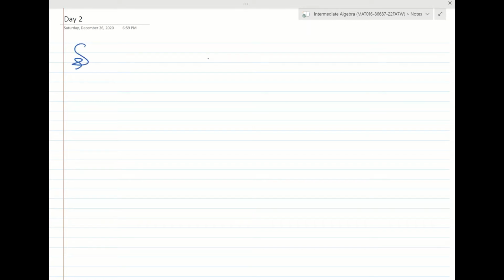So we'll get started with section 10.3. In 10.3, we're going to be graphing lines. There's a couple different ways to graph lines. First way I'm going to show you is by graphing the intercepts. So when we're graphing a line,